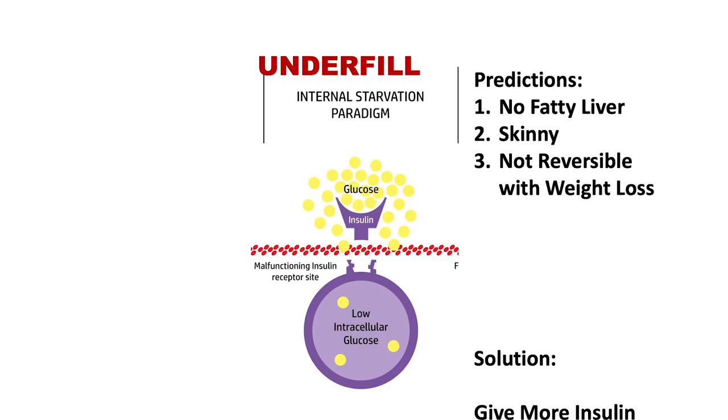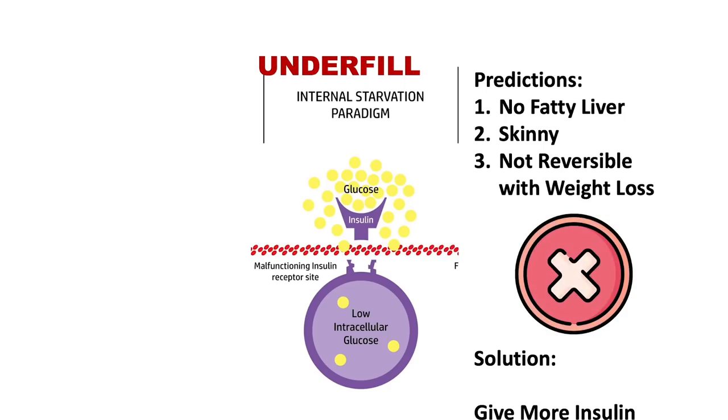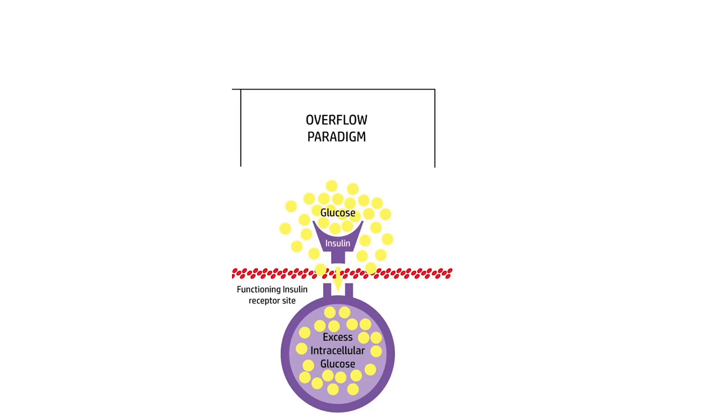But the problem is that all of those predictions of this internal starvation paradigm are all wrong. But there's another way that glucose can pile up outside in the bloodstream and still not have this insulin resistance. That is, maybe it's an overflow. If you've been pushing glucose into the cell, day after day, year after year, maybe that cell just gets overfilled. And as it becomes overfilled, you simply can't push any more glucose, and then you see the glucose piling up